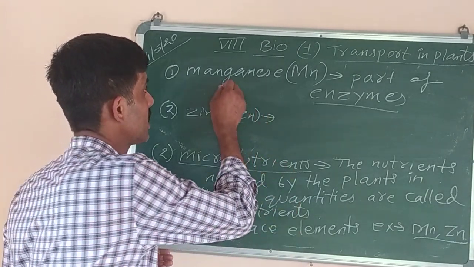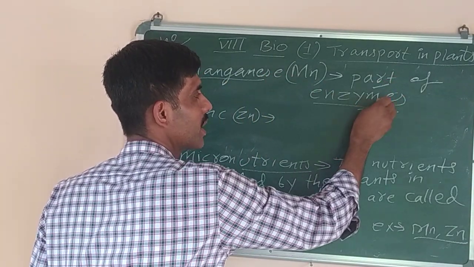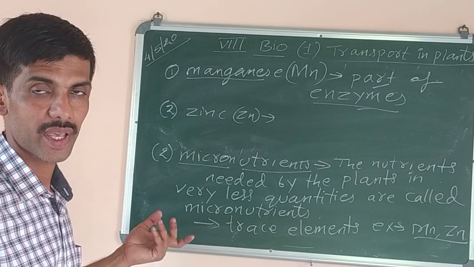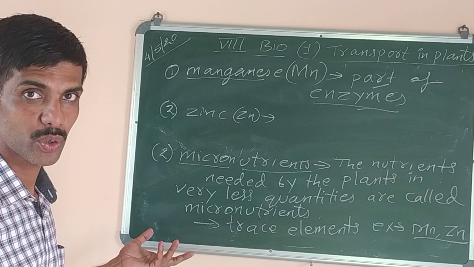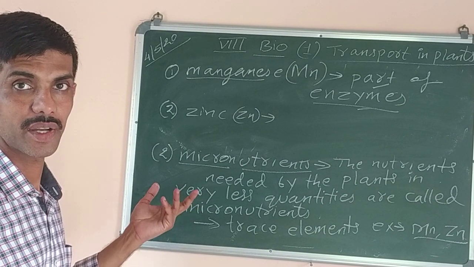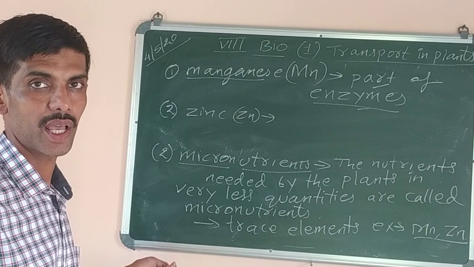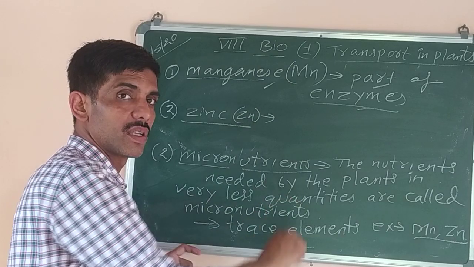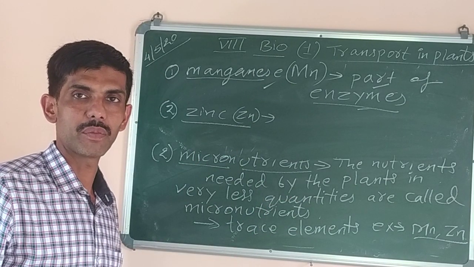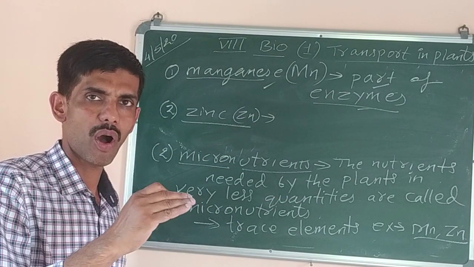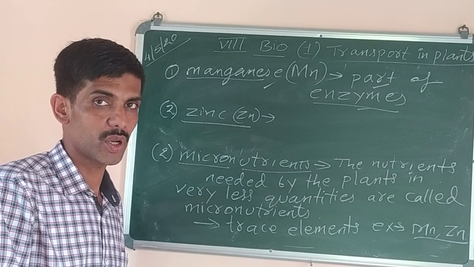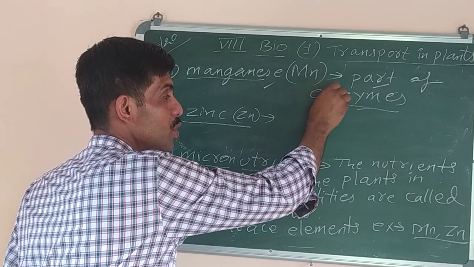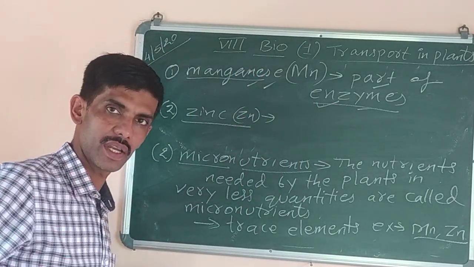So what is the function of manganese? It helps to form different types of enzymes required in the plants for carrying out different types of functions. Like Rubisco is the name of an enzyme. Some enzymes are needed for photosynthesis. Some are helpful in respiration also. Respiration is of course an enzyme-catalyzed reaction, meaning each and every step of respiration during which energy is produced is done in the presence of a particular enzyme. To make that enzyme, manganese is needed. Understood now?